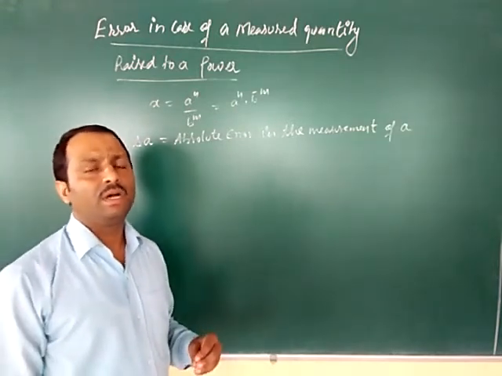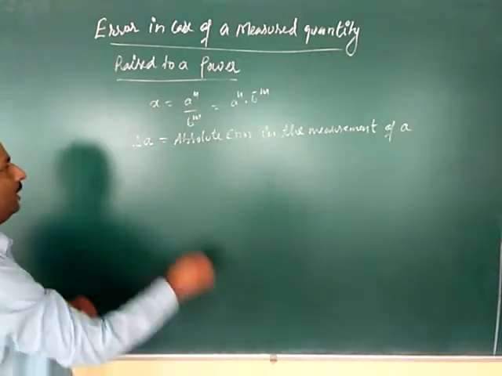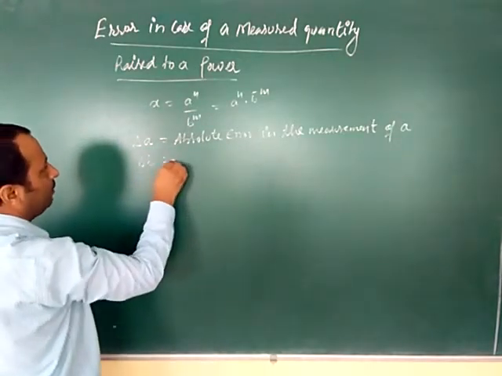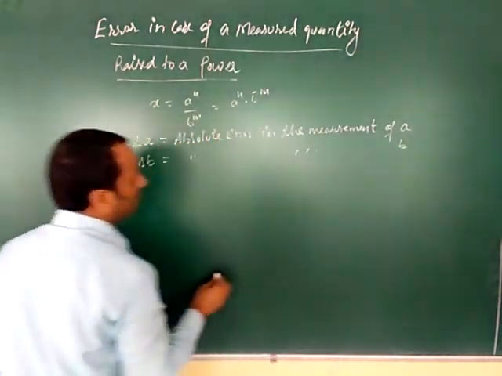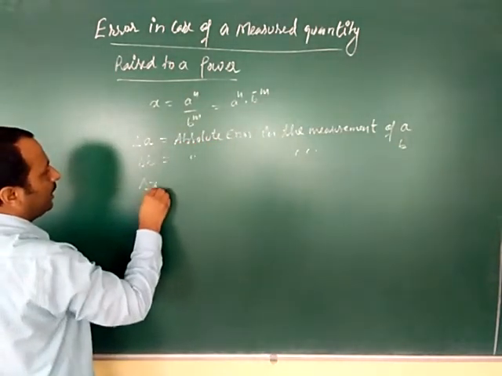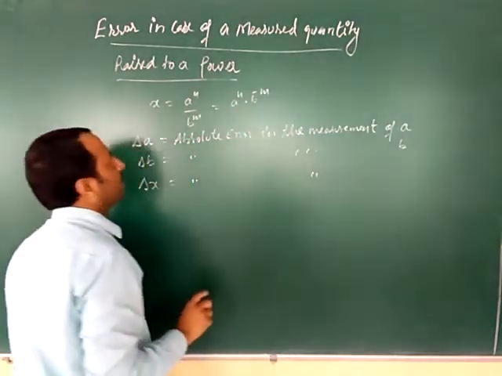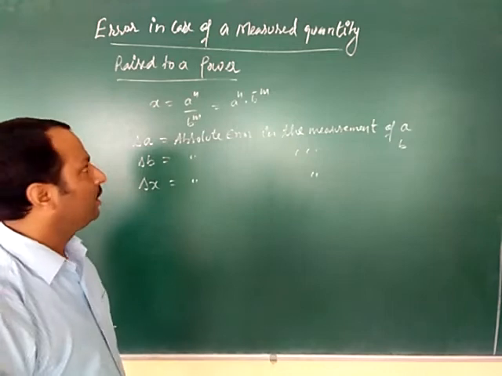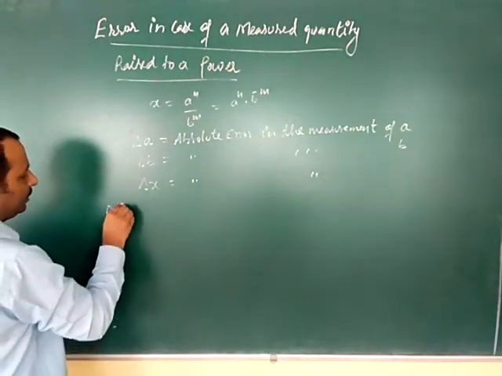So that error is which type of error? Absolute error in the measurement of A. Similarly, delta B is the absolute error in the measurement of B. And delta X is the absolute error in the measurement of a to the power n upon b to the power m. So what we have to do, we will differentiate